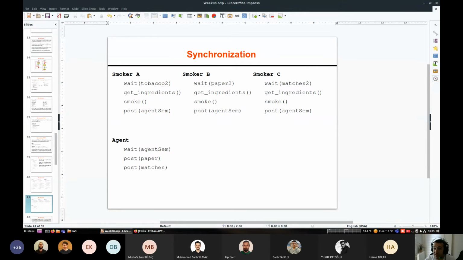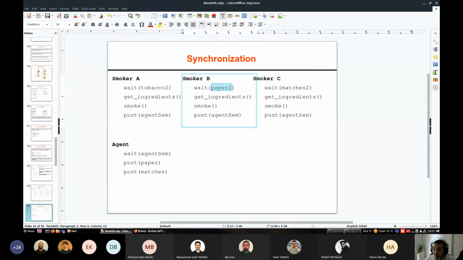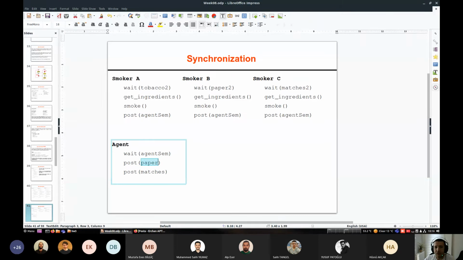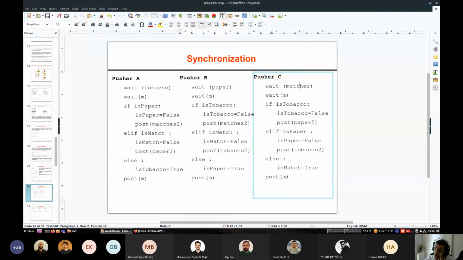So this is the smoker that has an infinite amount of matches. This is the smoker that has an infinite amount of paper. This is the smoker that has an infinite amount of tobacco. Okay, so they are all waiting. First, the agent has brought the ingredients. It has brought paper and matches, which means the pusher waiting for paper and the pusher waiting for matches will